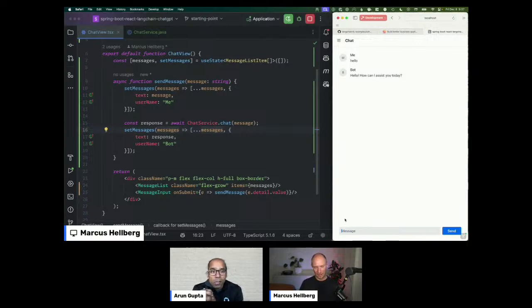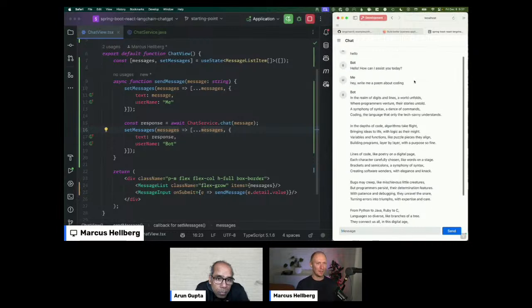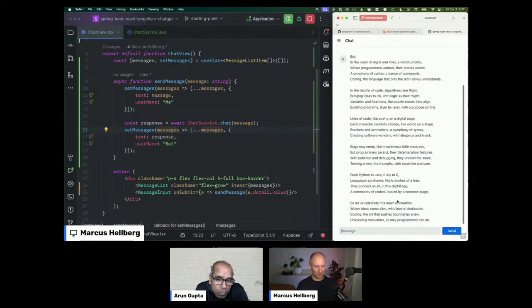Gotcha. And like you said, 30 minutes in, we have a pretty functional thing, but it has one big problem, and it doesn't really show here right now. But if we say, hey, write me a poem about coding, something like this, where it's actually returning a lot more text. You can see that right now, this is the built-in indicator for when it's waiting for a response. That took a very long time to go through, and it finally did return, but there was a long period where you as a user are unsure, is something happening? Is it slow? Is it broken? What's going on? And that's not very nice.